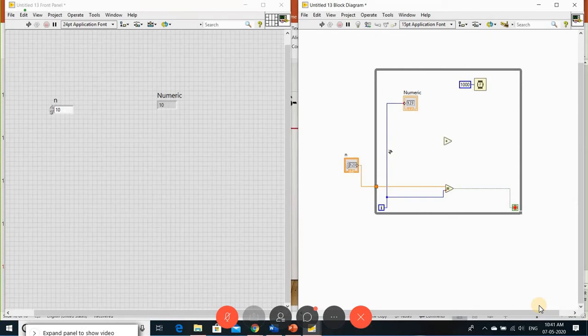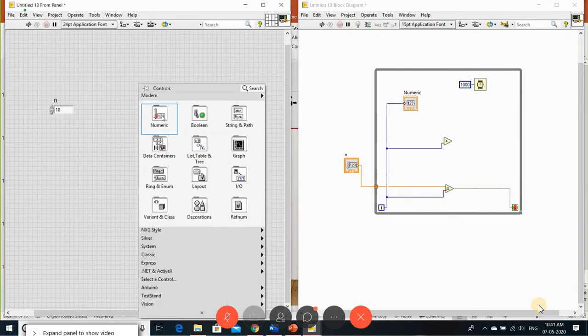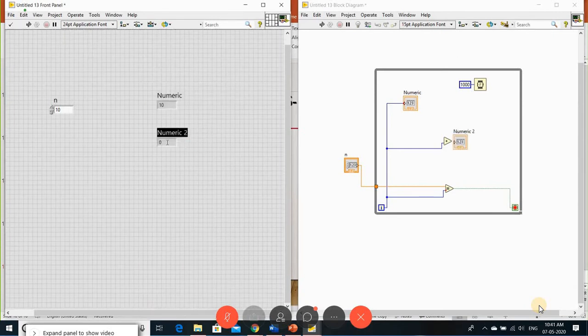And to display the sum, that is the indicator I'm displaying here in the front panel, sum. I gave that output here. So we know that sum is equal to sum plus i. This is what I fed back as input to this. You can directly feed it back, or you can take the feedback node. If you do this, automatically it is taken as a feedback node here.